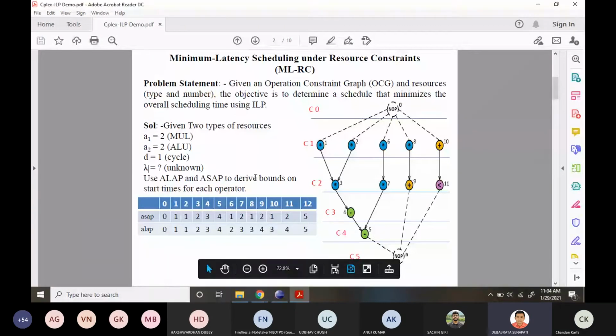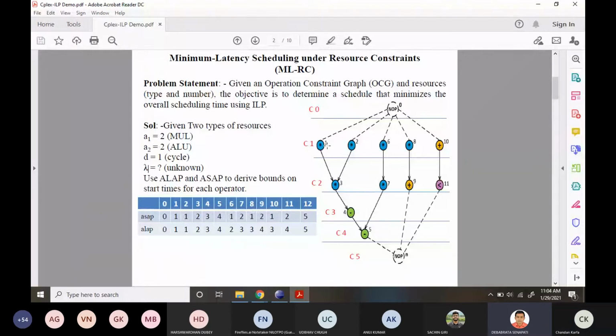Before executing in CPLEX, we have to find the ASAP and ALAP times to determine the start time of each operation. I have calculated that for each operation.